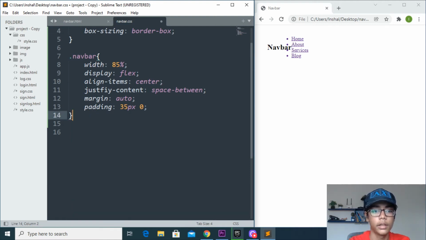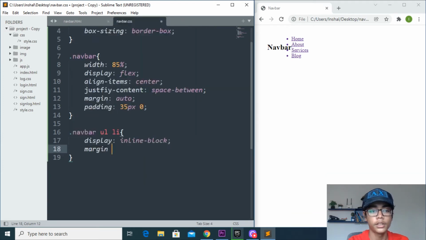We have already written that, so we don't have to write that again. So here I will be coming, then I will be writing .navbar ul li, then here I will be defining margin. First of all I have to write display inline-block, then write margin, which should be 30 pixel.